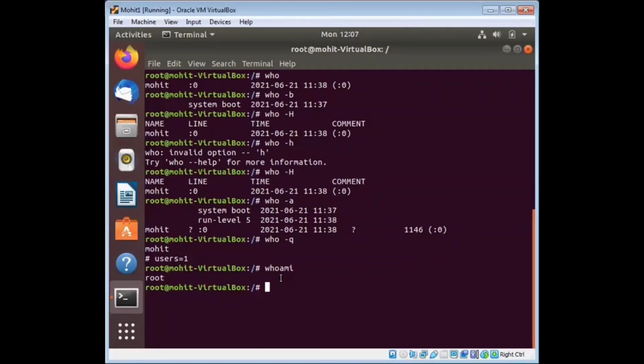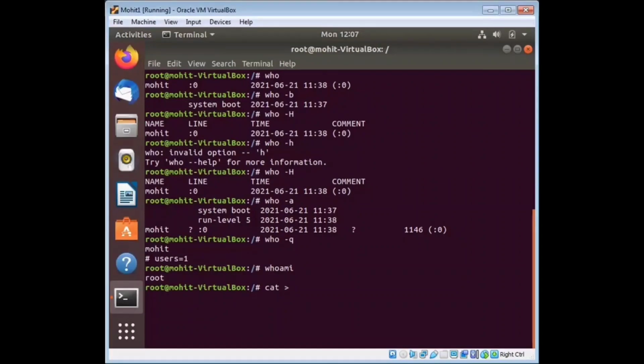Next command. There are so many commands like rmdir, uname, tty, stty. So now the cat command. Basically, you know what the cat command is? It is used to create, display, and concatenate file contents. So what is the cat command?